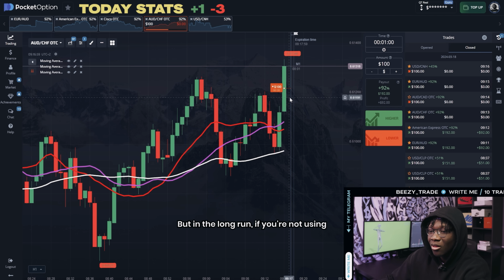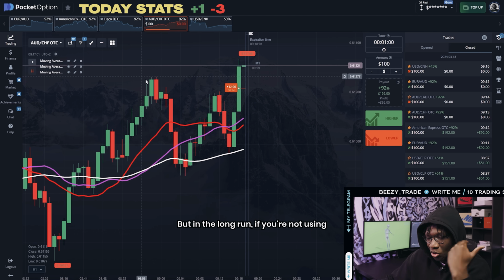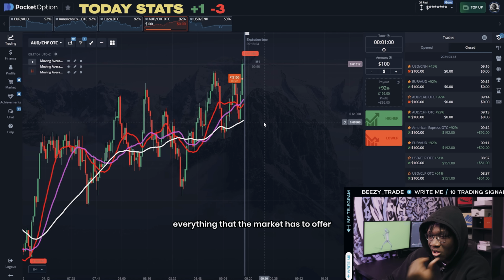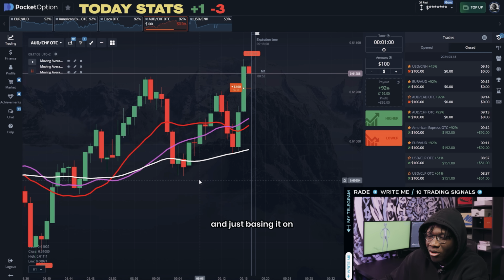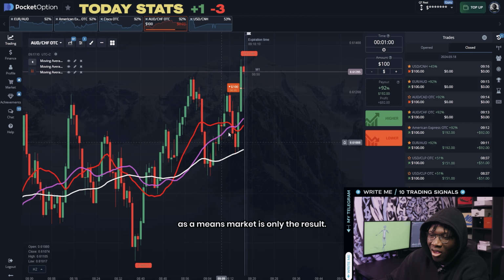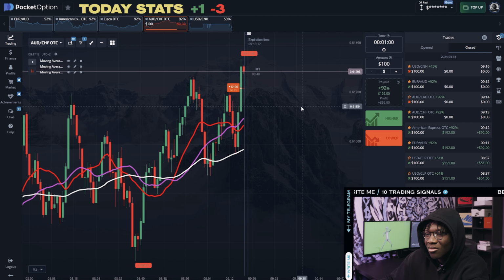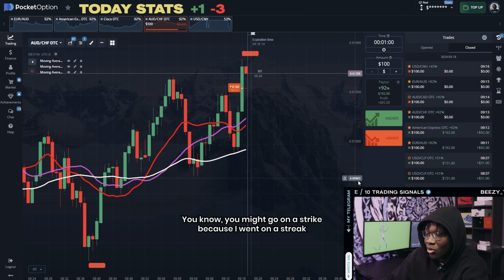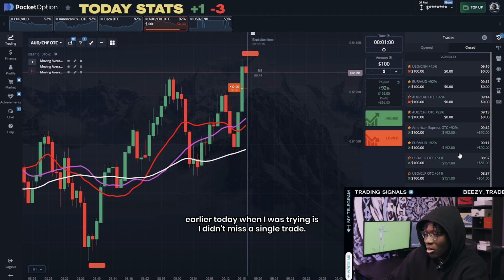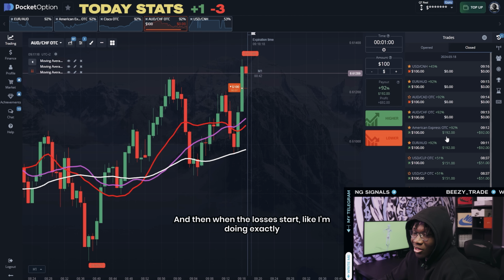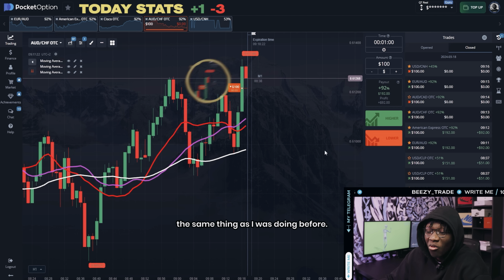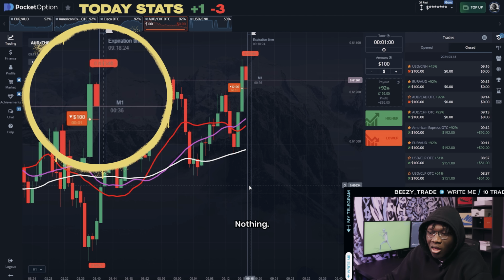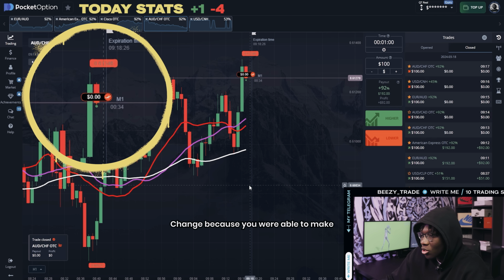But in the long run, if you're not using everything that the market has to offer and just basing it on SMAs and indicators only, you might go on a streak. Because I went on a streak earlier today when I was trying this. I didn't miss a single trade. And then when the losses start, you're like, I'm doing exactly the same thing as I was doing before. What changed? Nothing changed. It's because you were able to make